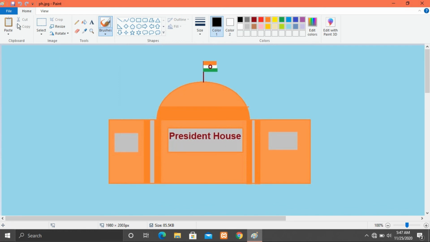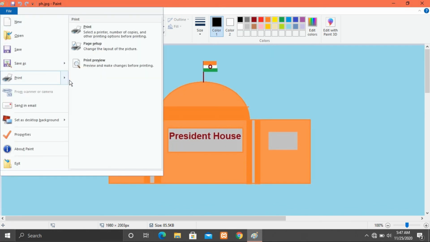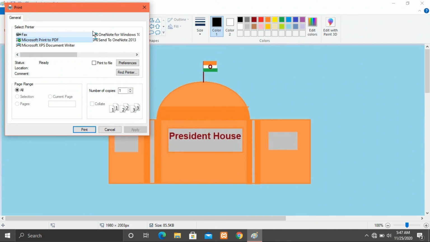There's one more option, that is again go to File and click on Print. The first option is Print. If you click on Print, it will show you the dialog box. Inside this Print dialog box, it will show you the types of printers which you have already used in your computer.